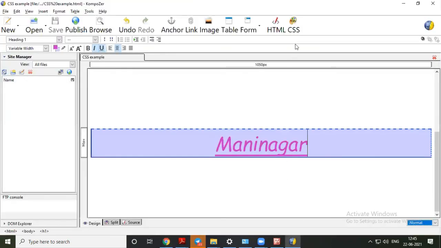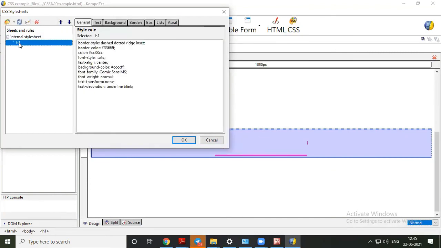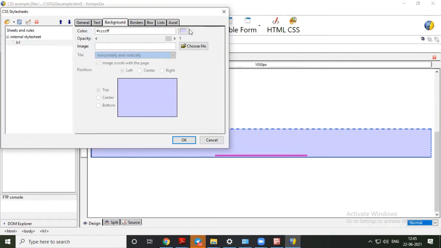But using CSS, again go to the CSS editor. Now click on this selector that we have selected, go to background. Now for example, we are keeping one image.